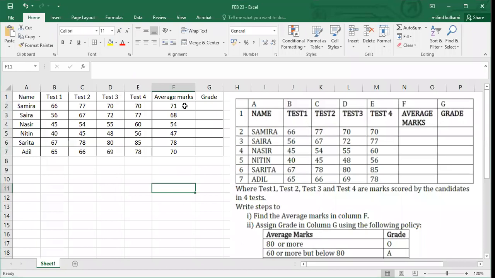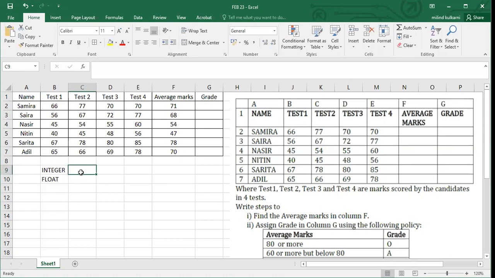But if you want a float number, what is the meaning of float? Anyone? Here I'll write FLOAT. See, integer means a whole number, which may be positive or negative.